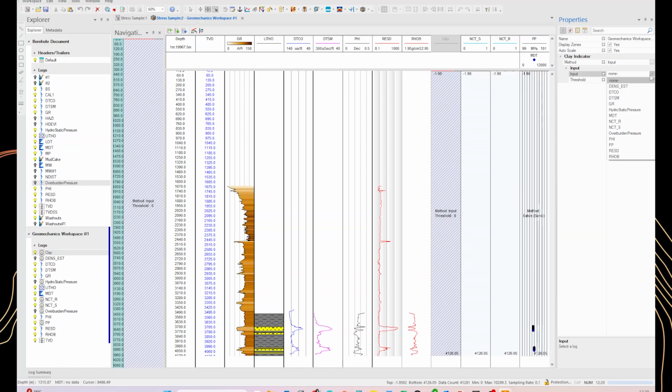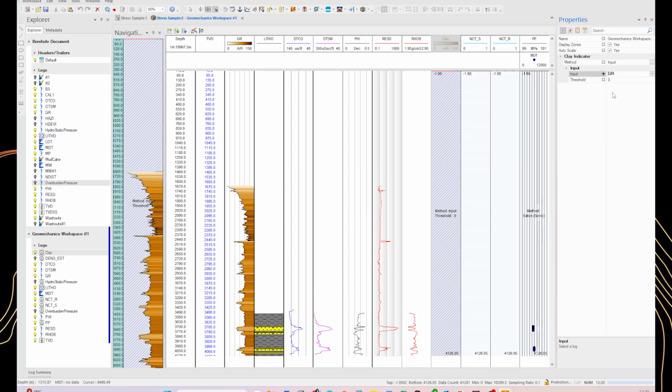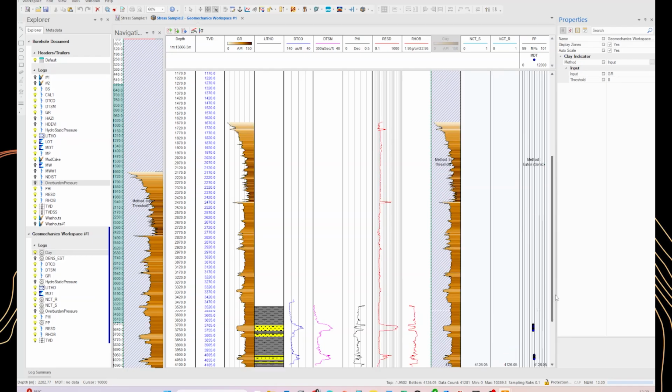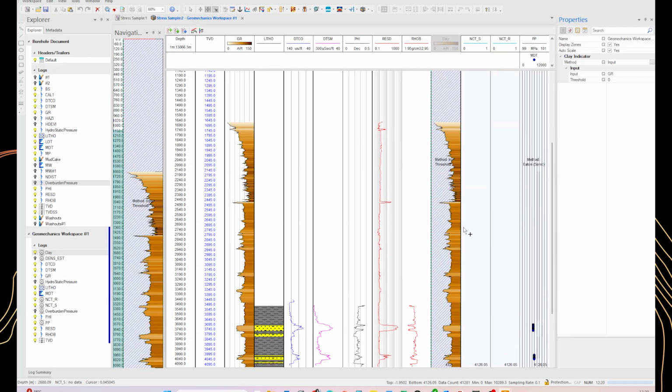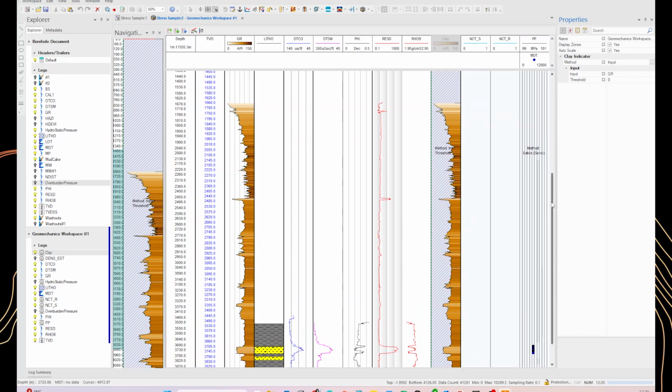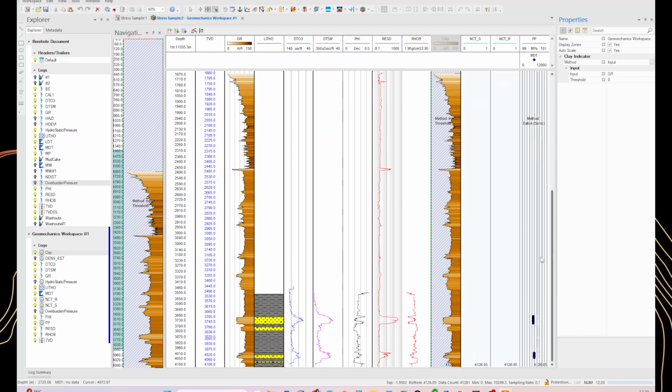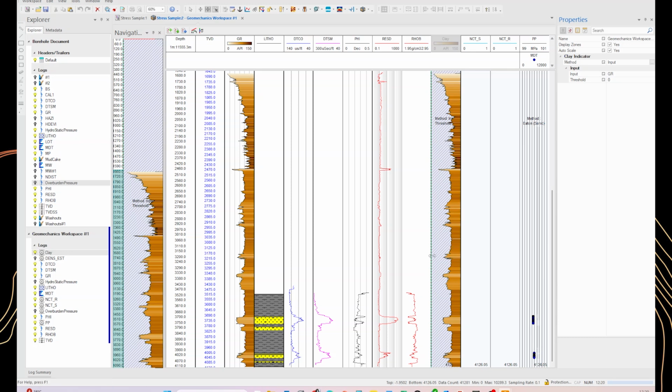The input can be any shale indicator, and in this specific case we have gamma ray as a shale indicator, and that is selected. Now we have the gamma ray here in the track, and we will try to separate the shale from the non-shale using the threshold as seen as a green dashed line. This will give us 2, 3, 4